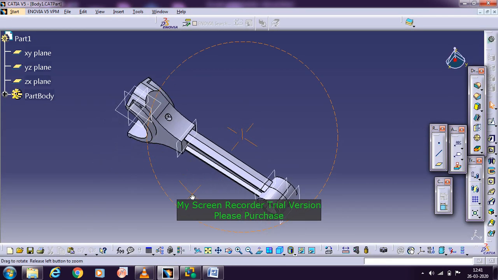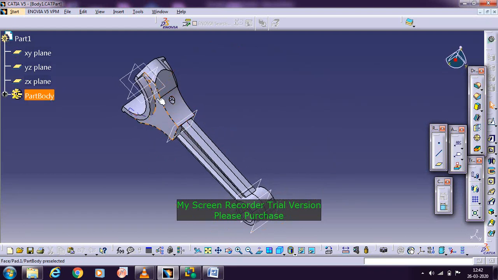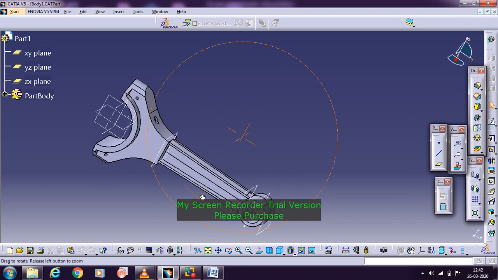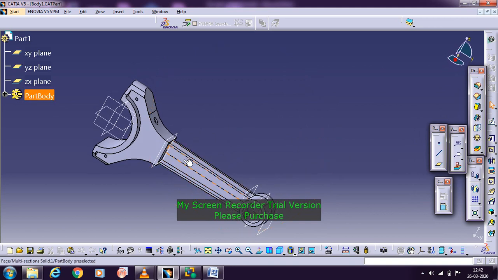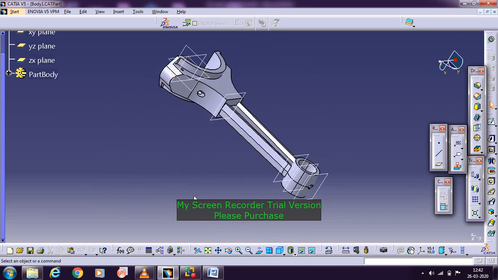This body part is a flat object. When you create the front view section and then go with the pad, you'll get this. But the middle part is the eye section. There is a hollow portion inside, and the profile changes. We cannot do that with the pad command or the shaft command. For this we need a new command called the multi-section solid. You can find it in the last row, last column, the last but one element. And then here comes the hub.